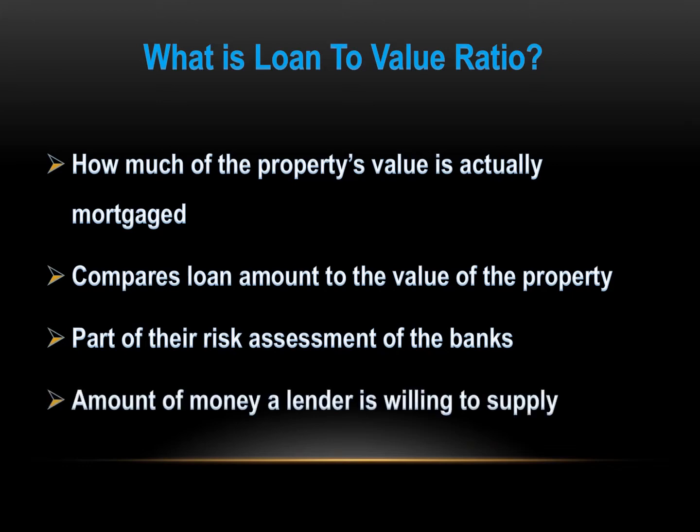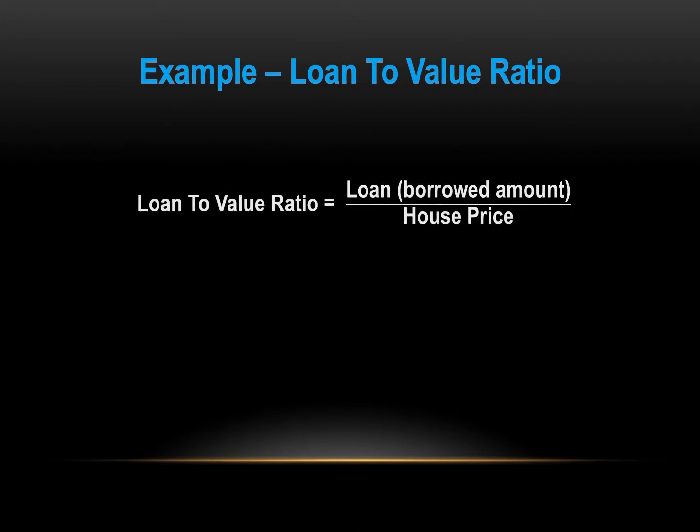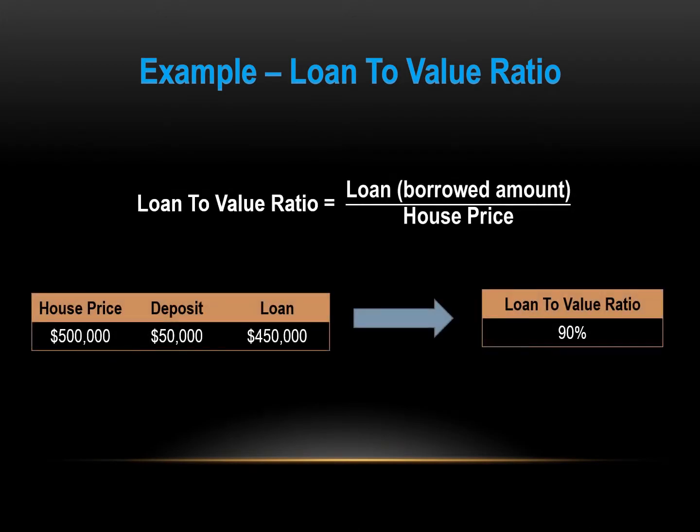Let's see how it works. The LTV shows the amount of money a lender is willing to give for a particular property. Of course, it is expressed as a percentage. There is nothing better than examples to illustrate a point, is there? Example: John wants to buy a house which costs $500,000. He has been putting some money aside for years and currently has $50,000 to pay a deposit. For the rest, $450,000, he needs to take out a loan in order to buy the house.